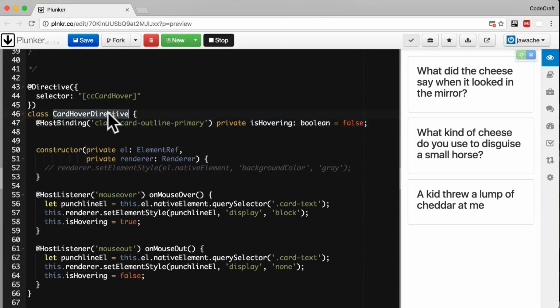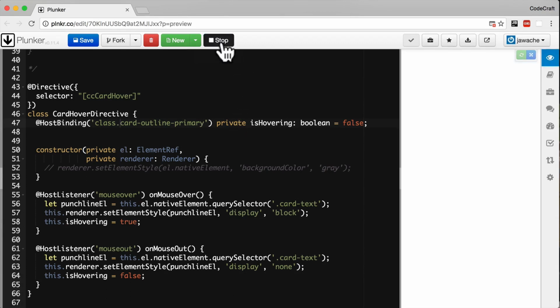So this is the property on the host element that we want to change every time the isHovering property on our directive changes. Now, if you remember, with the class property, if it's true, it will add this class to the element. If it's false, it will remove this class from the element. And this is a Twitter Bootstrap class, and it just provides an outline, a different colored outline for our card component. So now if I run the application,